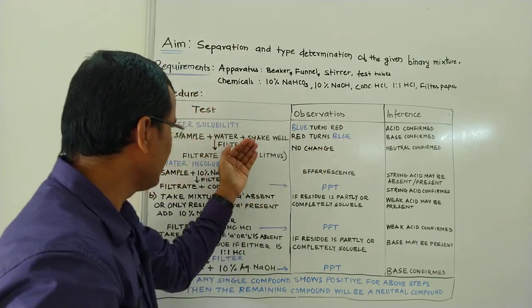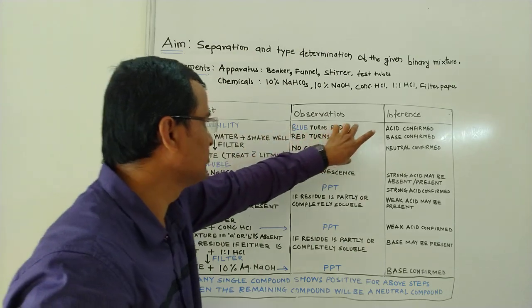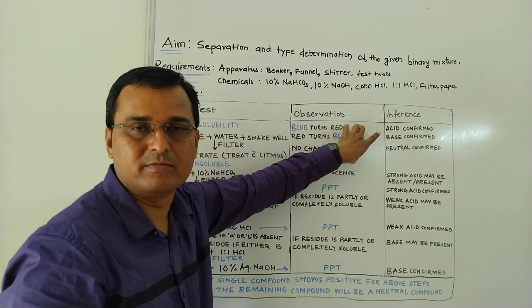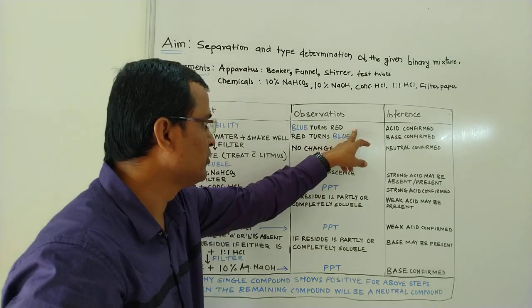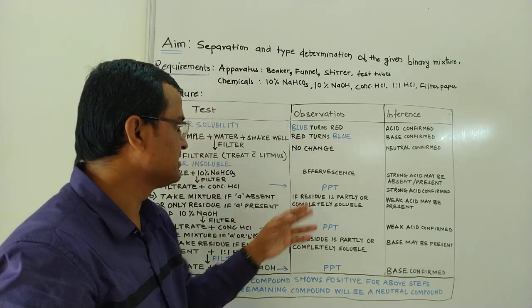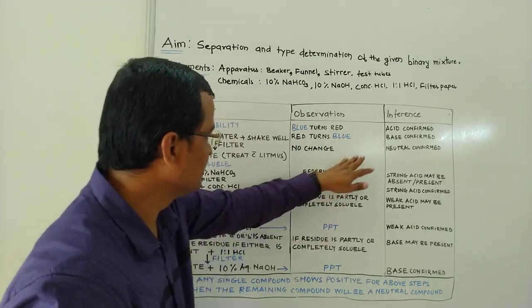कई बार बच्चे क्या करते हैं कि अब कंपाउंड और मिक्सचर लेने के बाद इमीडिएटली ये वाला टेस्ट करके बोलते हैं कि सर मेरा ब्लू टर्न्स रेड हो रहा है, मेरे पास जो लिटमस का टेस्ट है वो पेपर ब्लू टर्न्स रेड हो रहा है। और कुछ बच्चे बोलते हैं कि सर रेड टर्न्स ब्लू।